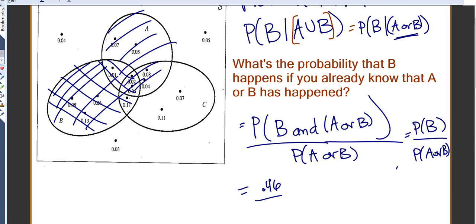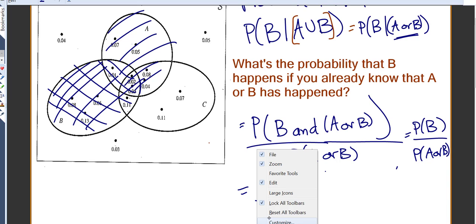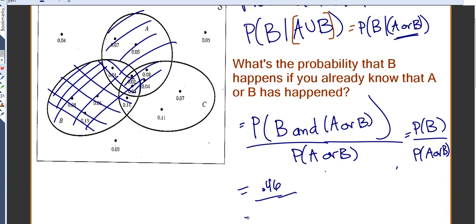Then for the probability of A or B, you'll include all the ones in B and all the ones in A. If I do A first and include everything in A, that will be 0.32. Plus everything in B, which is everything over here, which is 0.46. But you'll notice that this included the middle twice, so we need to subtract everything in the middle out. So minus 0.08. And this gives me